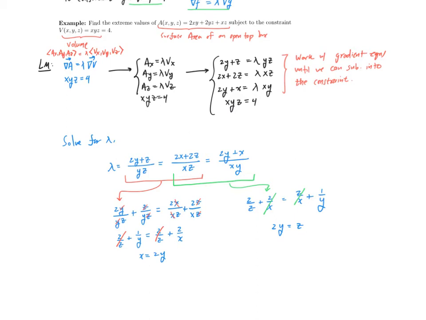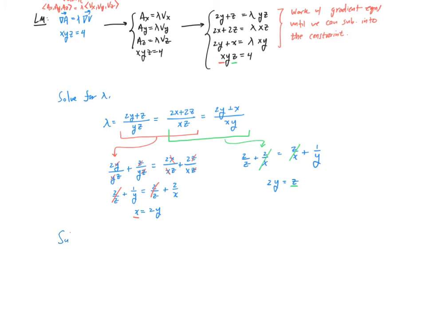And we are now in an ideal scenario. We have x is equal to 2y, which can replace the x in the constraint equation. Z is also equal to 2y, which can replace the z in the constraint equation. And when you make those two replacements, the equation only involves y's, and it's something that we can work with. So now if we follow through with this suggested technique, substituting into the constraint, our entire goal, so that's xyz equals 4,